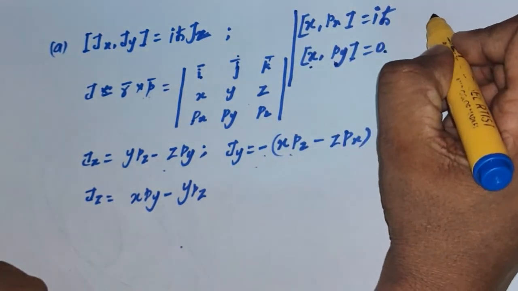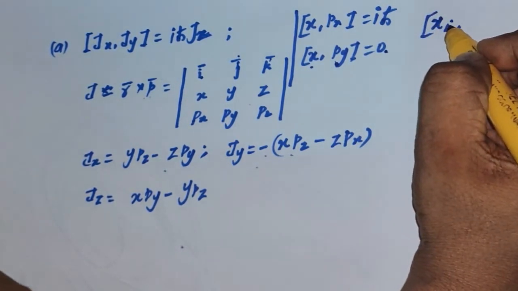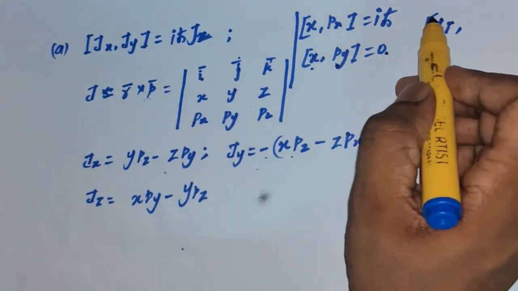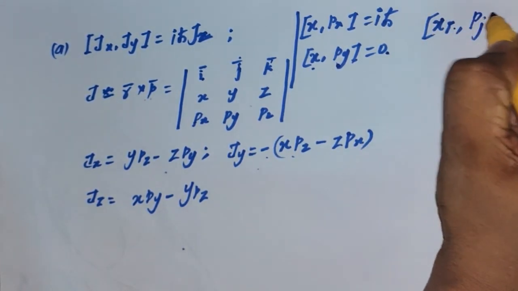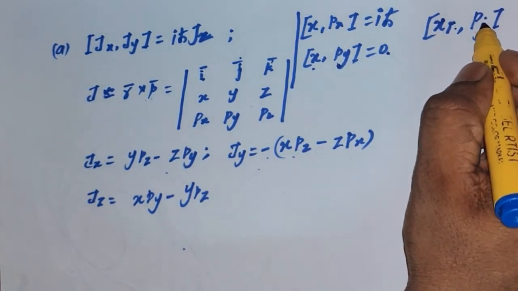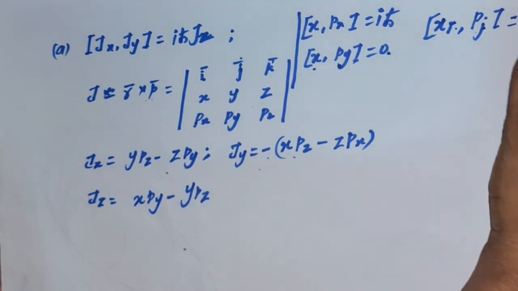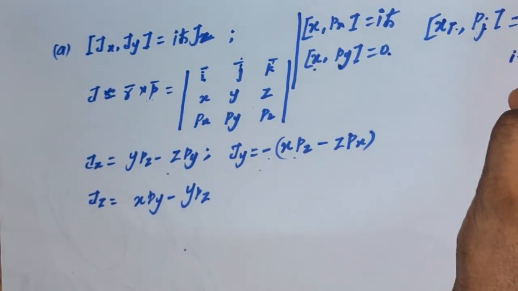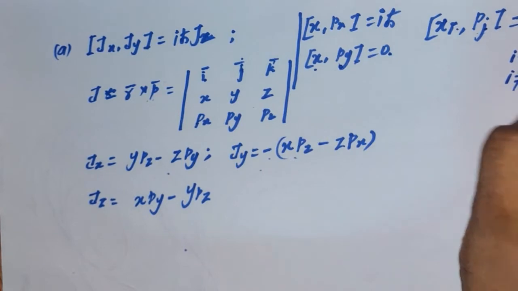In general you can write xi, where x1 means the x component, x2 means y, and x3 means z. Similarly pj, so i and j can go from 1 to 3. P1 means px, P2 means py, P3 means pz. In general [xi, pj] = iħ δij. That means whenever i equals j, this commutation is equal to iħ. If i is not equal to j, then this commutation goes to 0.